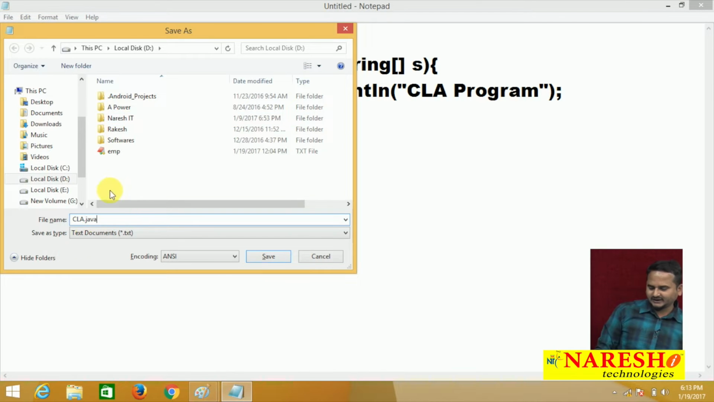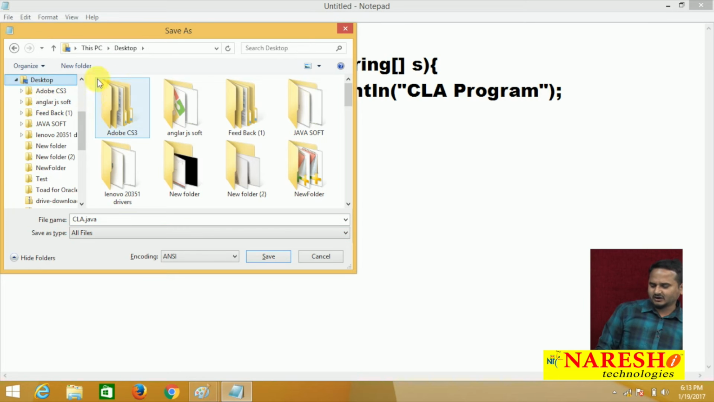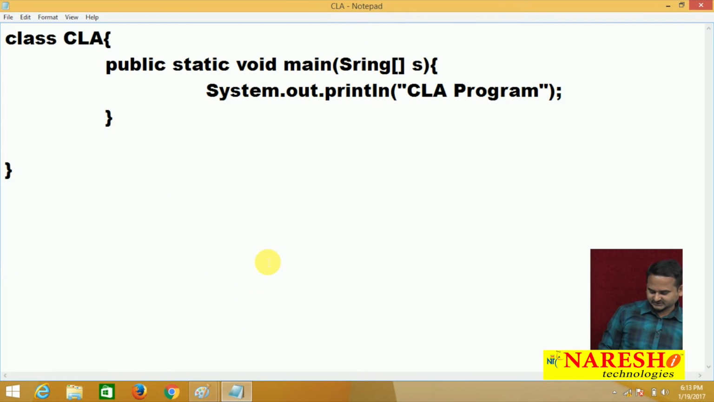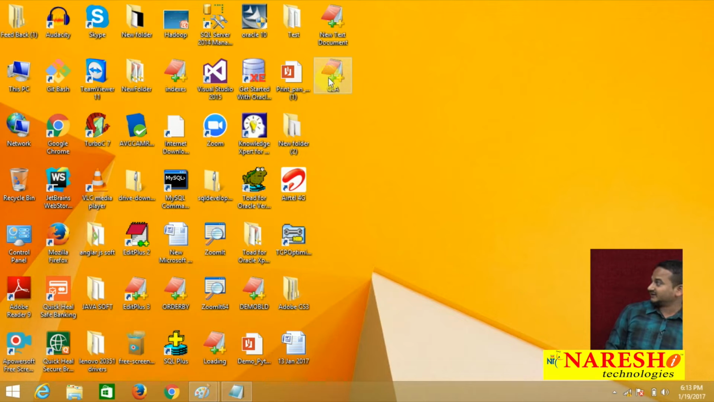CLA.java. My save as type is what here? All files. I am saving all these. I am saving this class within the desktop. Now I am saving it. Yes. Let me go to desktop. Yes. This is my